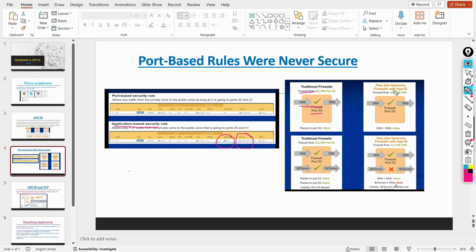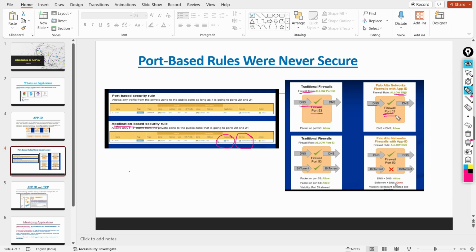But now Palo Alto will also check for DNS. If the traffic is coming for port 53 and the application is DNS, then only this traffic will be allowed. Otherwise, it will be dropped by the firewall.